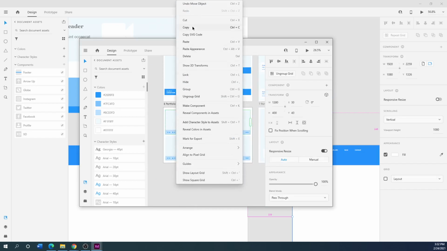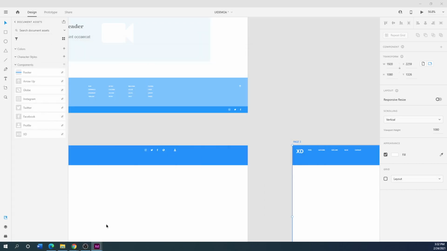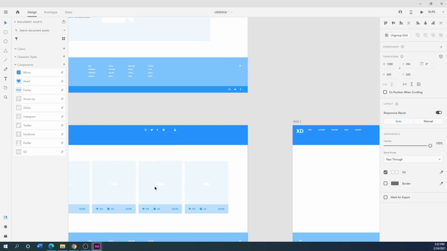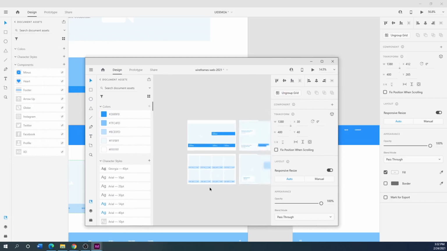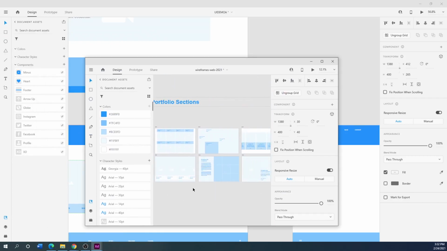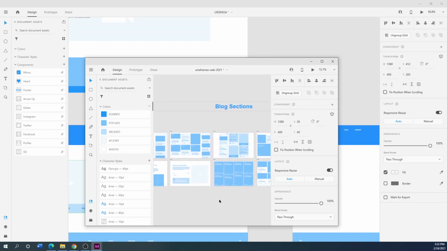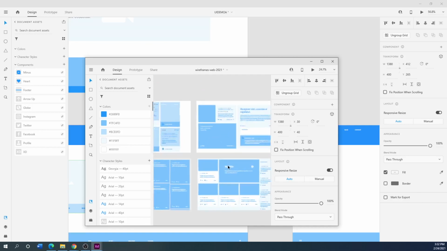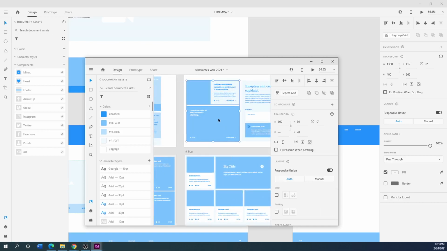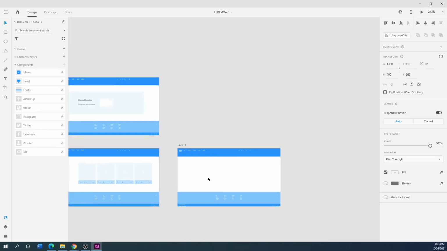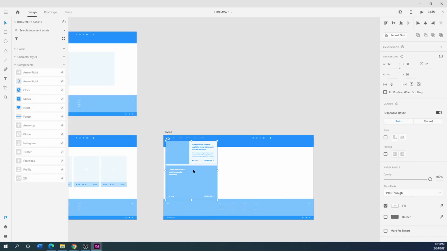I'll select all those. Parts of my portfolio on this page, and we'll just say the last page was like a blog that you can go to and look at something that looks cool like a blog section. There we go. All this material up here looks pretty good. And then this is where the UI side of you starts taking over, if what looks good